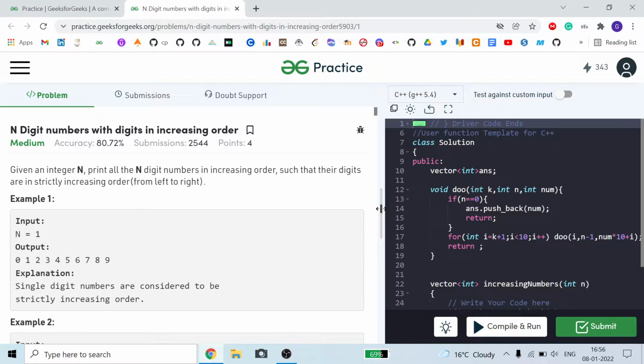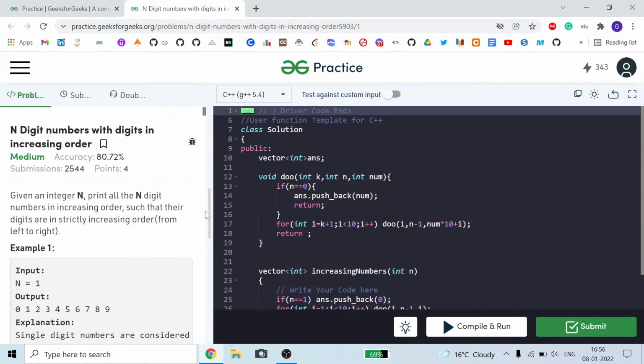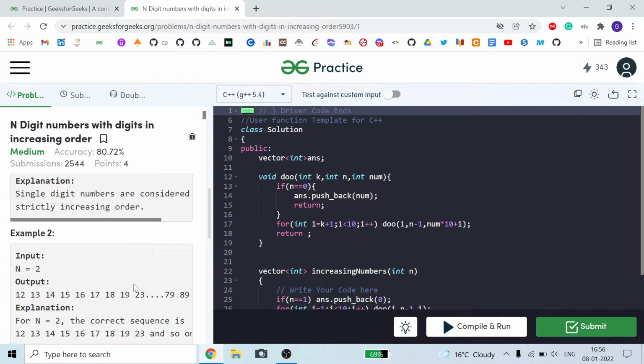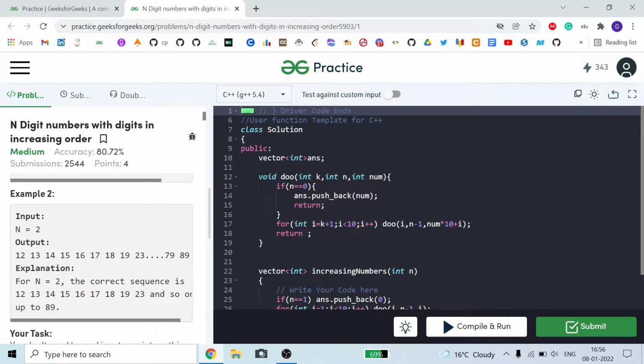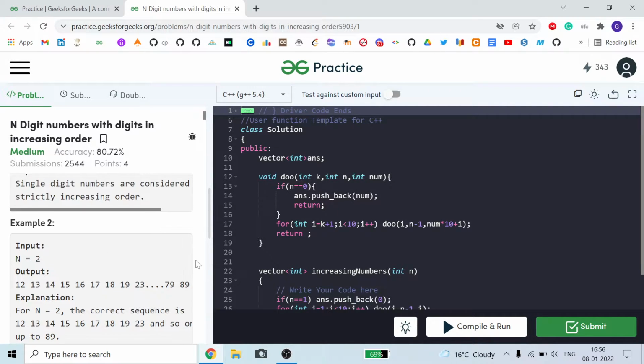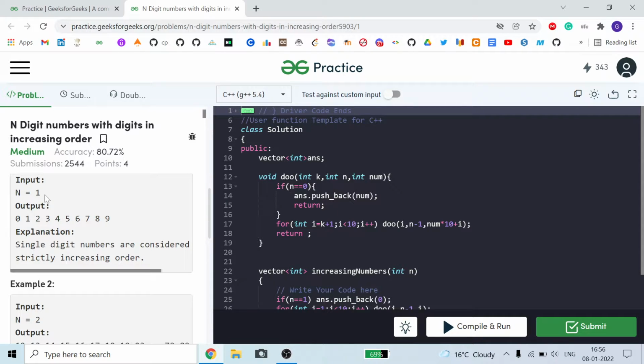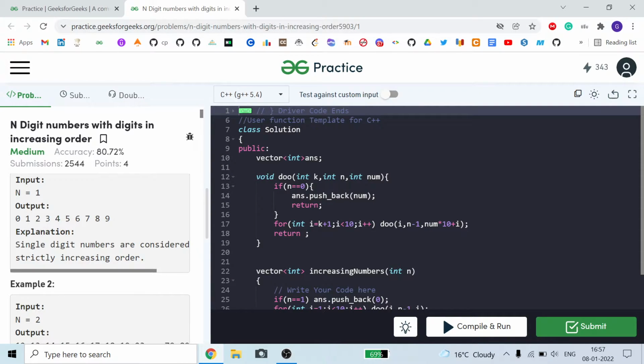So we have to print all n digit numbers whose digits are in increasing order, and we print 0 only for n equal to 1, because any number with more than one digit will never start with 0.